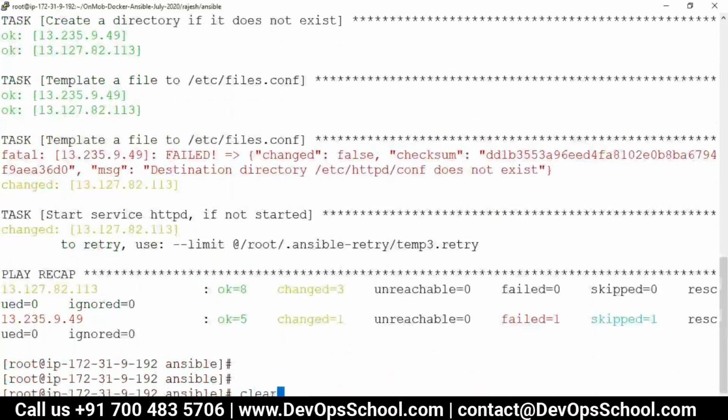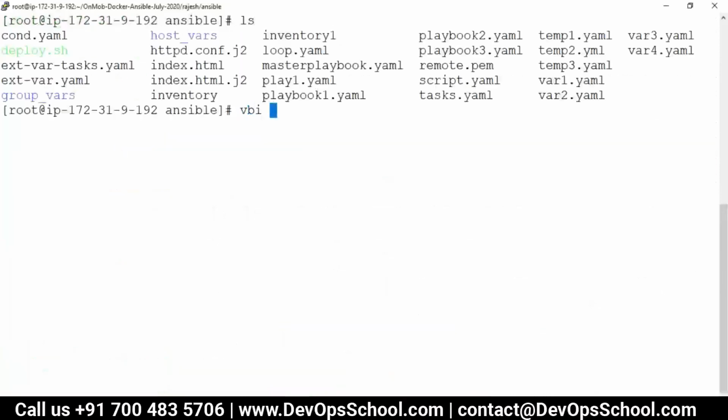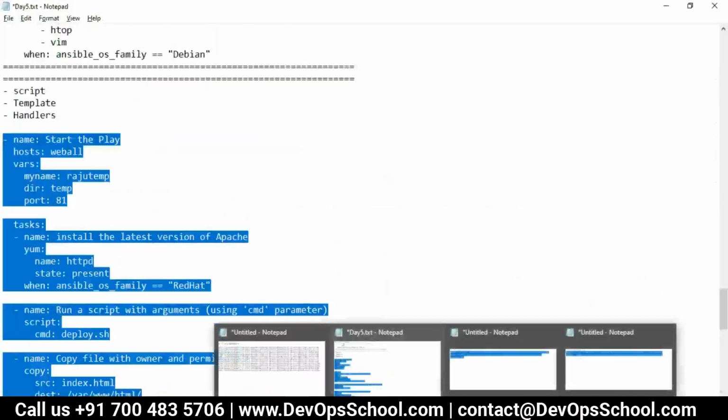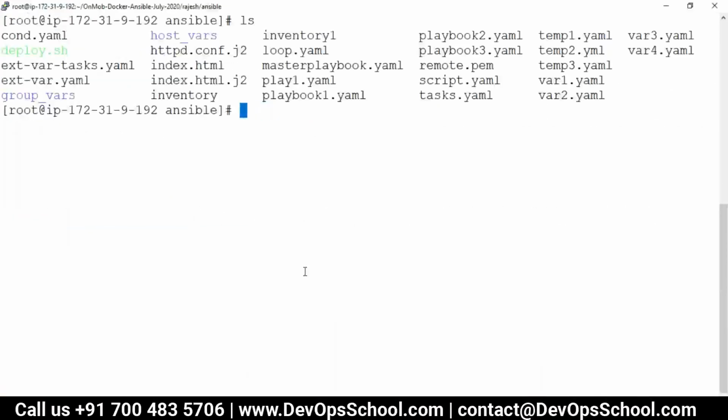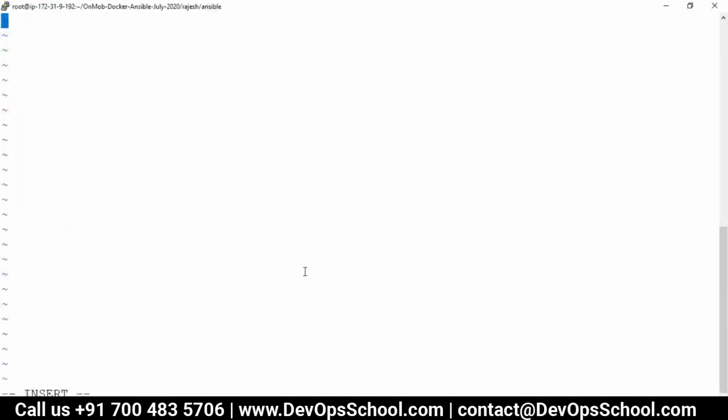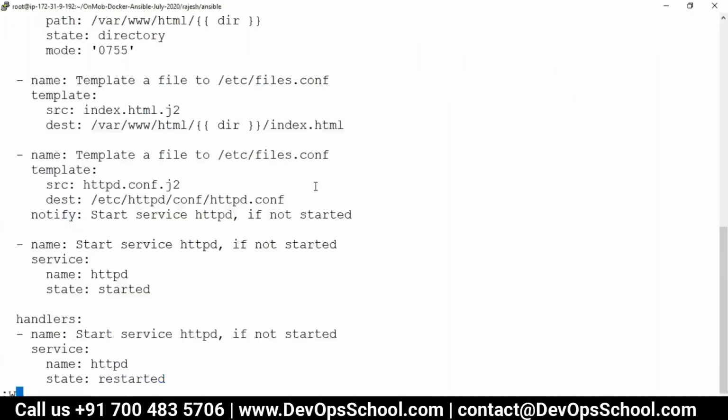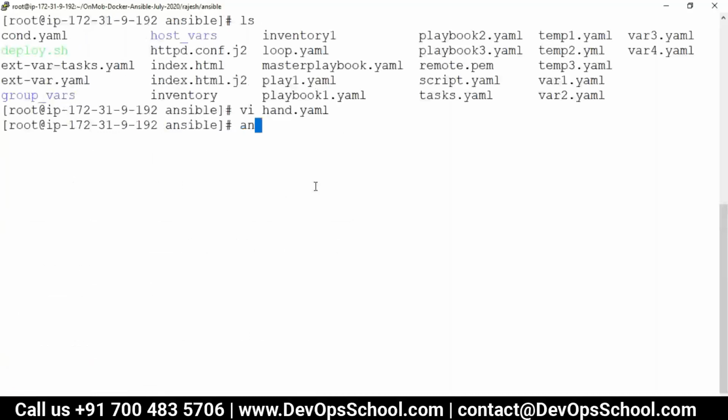So that notify has to be called from a task, right, Rajesh? Automatically, if there is a change, it will call automatically. No, I'm not calling. What if we have to say a particular task changes only in that case? Just a second. Okay, now ansible-playbook